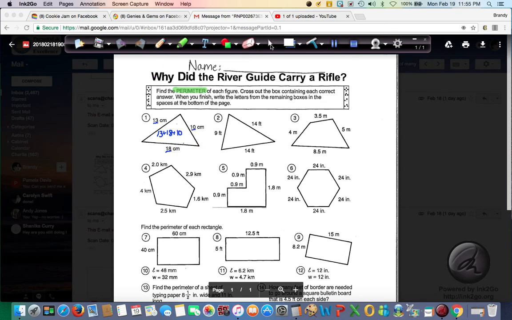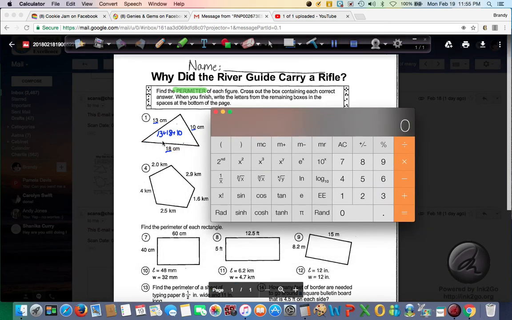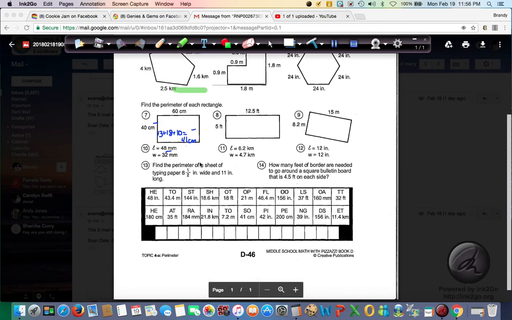So if we take our handy dandy calculator and clear that out, we will say 13 plus 18 plus 10 straight across, and we get our equals, and it's 41. So the answer is 41 centimeters. And again, perimeter means to add up all the edges, all the side pieces. So we come down here and look, where's our 41? Oh, there it is. And so we will mark out,